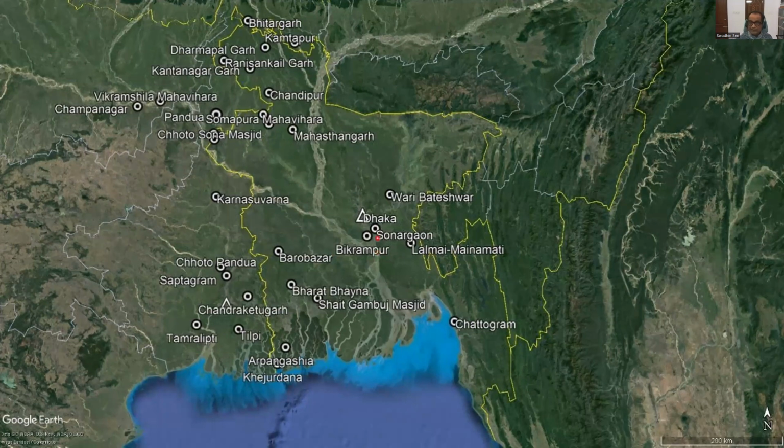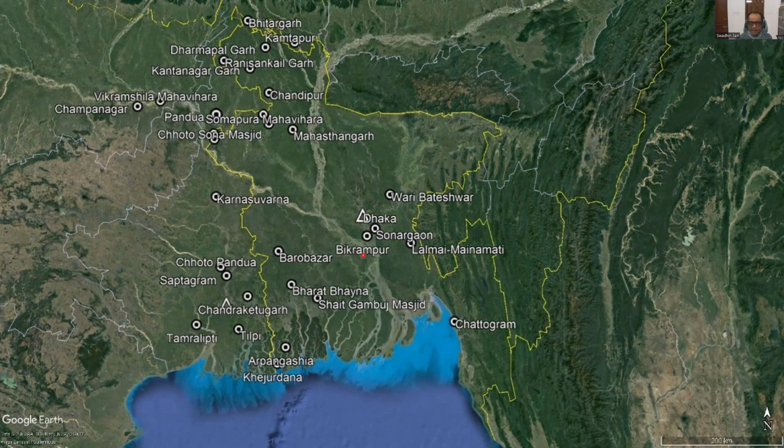There is the early historic urban center Wari-Bateshwar, and this is Chandraketugarh. This is Tamralipti. This is Barobazar, another urban center in the medieval period, which was identified as Muhammadabad, and this is